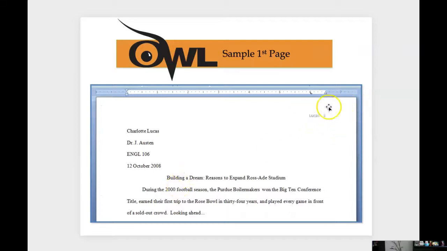So this is the header, your last name and page number, and you notice that it's grayed out, which means that Microsoft Word is going to repeat that on every page, and it's going to count the pages for you. You should never ever manually enter that information at the top of your paper. I have a lot of students who want to type that on every single page. You shouldn't be doing that.